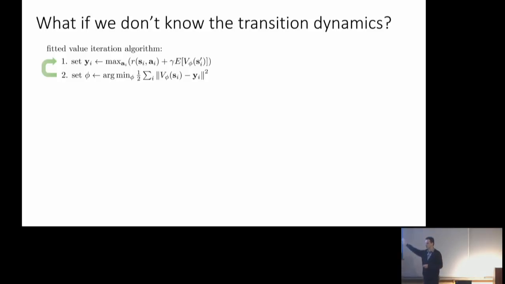Now, there's a little bit of a problem with this approach. You can implement this, but it still requires you to know the transition probabilities. Can someone tell me where in this algorithm I need to use the transition probabilities? Right, so the answer was for the expectation over the value. That is true. I could go in and replace the expectation over the value with just the value of a sampled next state, but I actually would still be in trouble. There's another place, it's a little subtle, where I really need to know the transition probabilities.